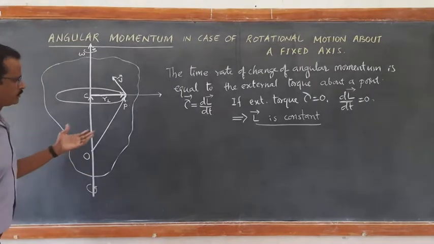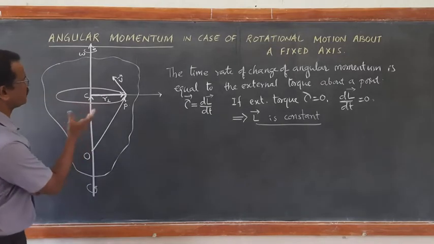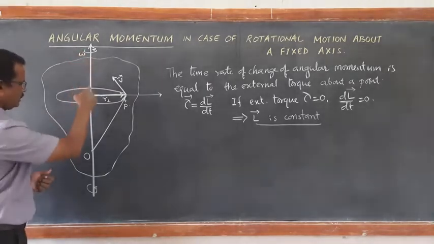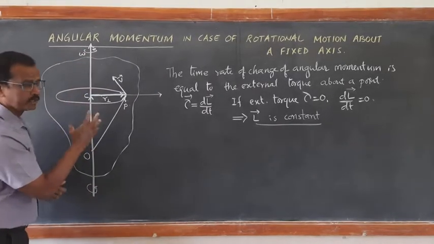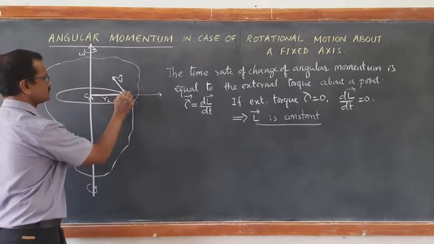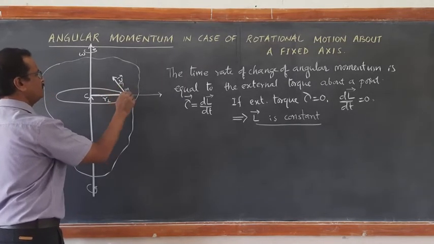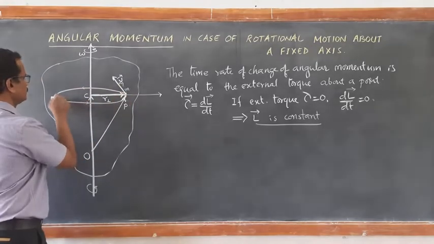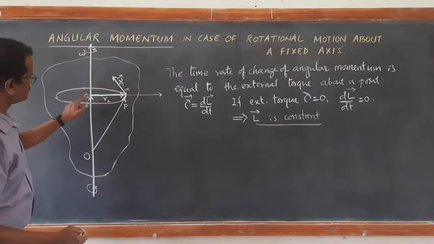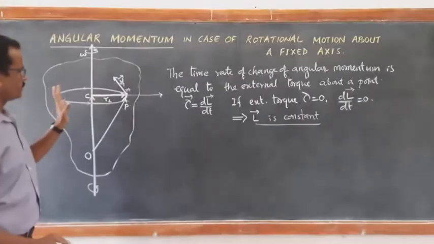Now, before we go into the details of this, we have learned the angular momentum of a single particle. See, this is a rigid body, already drawn earlier, having a fixed axis of rotation and undergoing pure rotational motion, out of which I am considering one typical particle of mass m. When the body undergoes rotational motion, this typical particle undergoes circular motion about this fixed axis with r perpendicular as the radius. We have considered this earlier also.